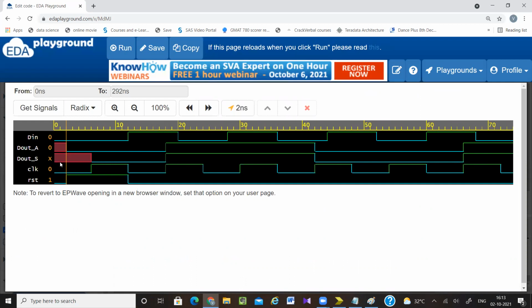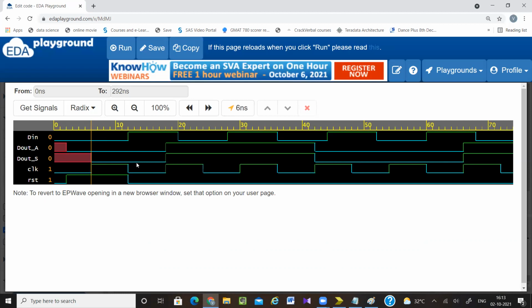Now going to synchronous reset, I have made the reset signal equal to 1 here, but see here the output is going to 0 only here. That means reset signal equal to 1 plus a passage of clock. At that time only my output equals 0. That means at that time my reset signal is getting activated. So this is my synchronous reset. Whenever you are asserting reset, we always use asynchronous reset because it is faster. It is not going to wait for the clock.